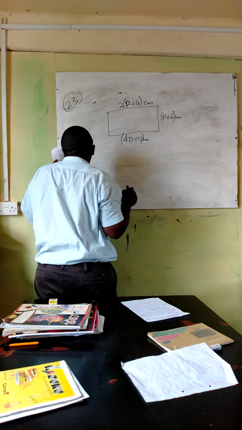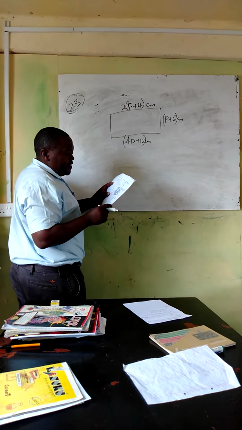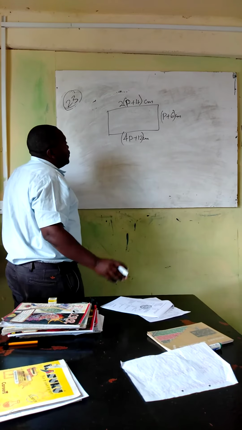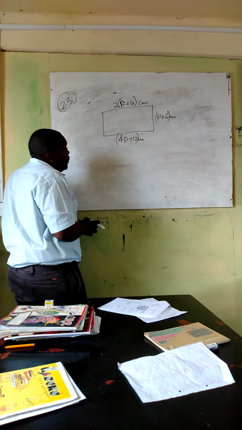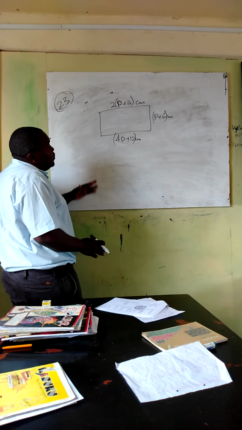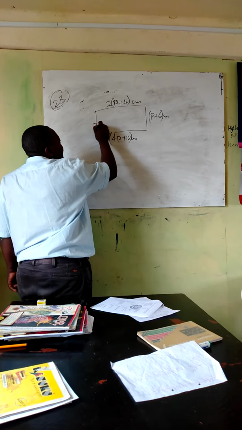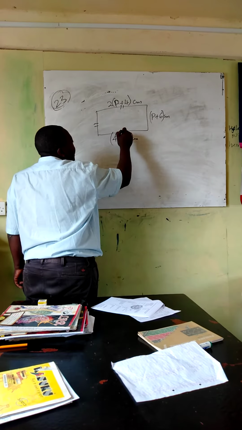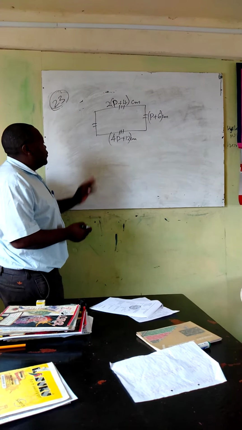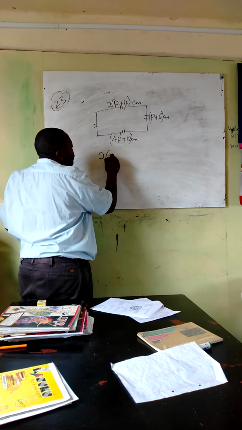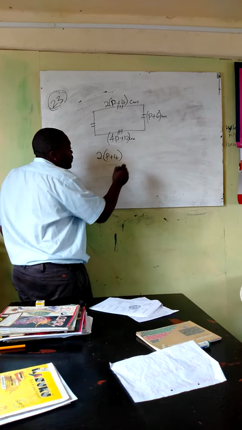So we are given this rectangle, and we are asked how much longer is the length than the width in centimeter. When you encounter such a question, the first thing that you need to do is look for p. For you to be able to get p, you know this is a rectangle, and one of the properties of a rectangle is that opposite sides are equal. So this side is equal to this side. We therefore can say 2 times (p plus 4) is equal to